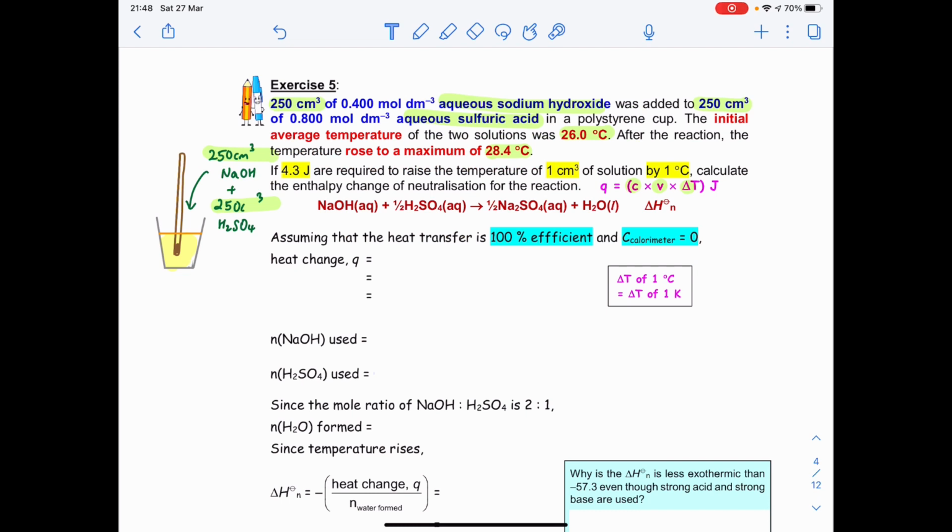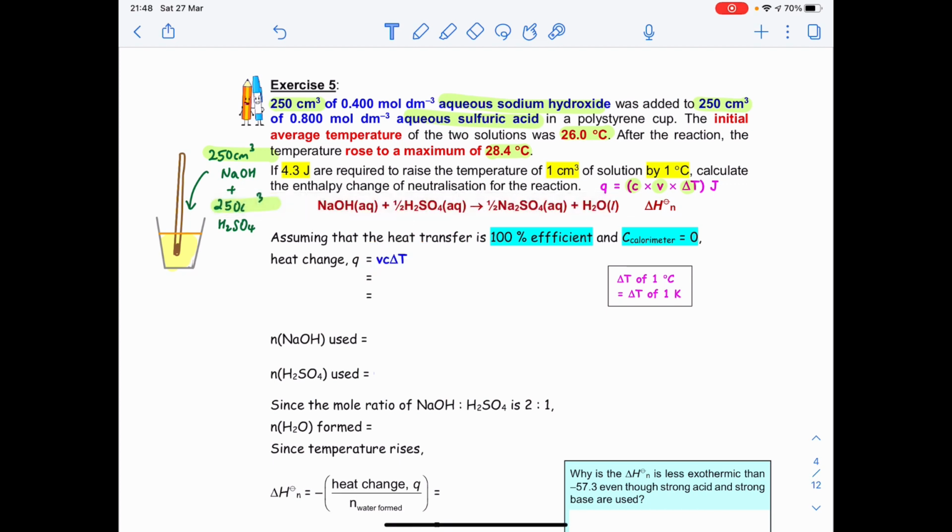Since there's no other information given in the question, we assume that the heat transfer is 100% efficient and the heat capacity of the calorimeter is 0, which means the plastic cup does not absorb heat from the reaction. So all the heat released from the neutralization is absorbed by the solution in the cup. So the heat change Q of the reaction is the heat change of solution in the cup,